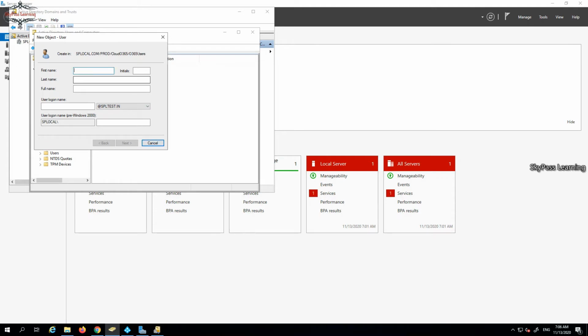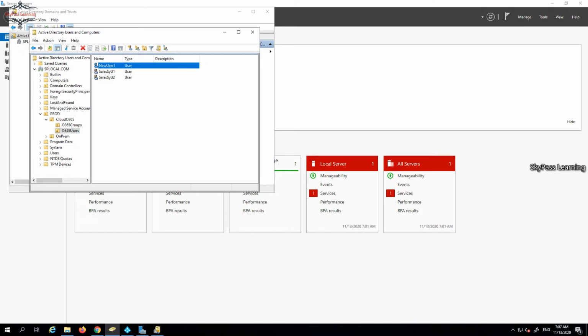I'm just going to create a new user, user 1, with this account. It's similar to what you have in the local login credential, it doesn't matter, but the UPN suffix must be there. So I have just added this user account here. Okay, so I have created three user accounts now.